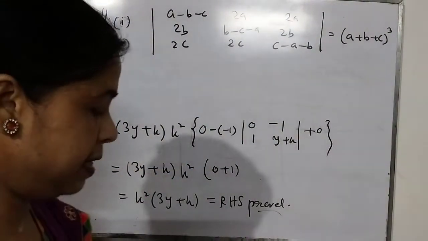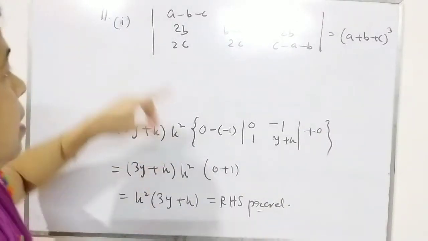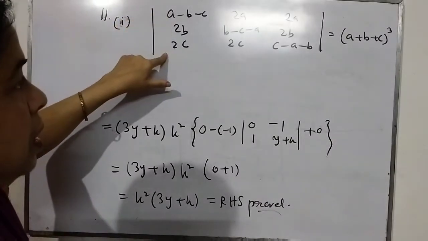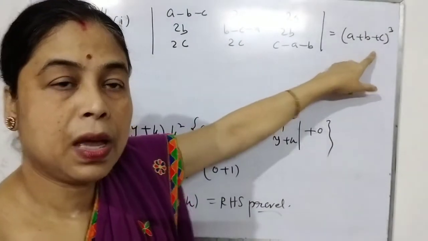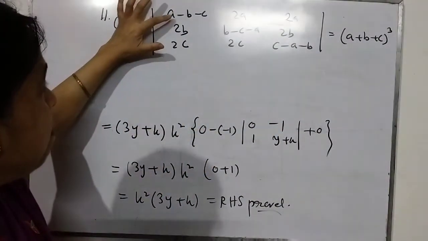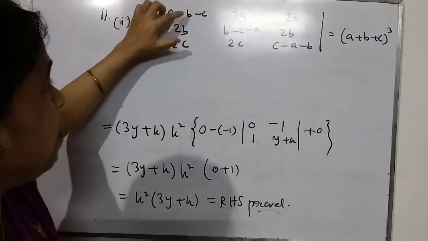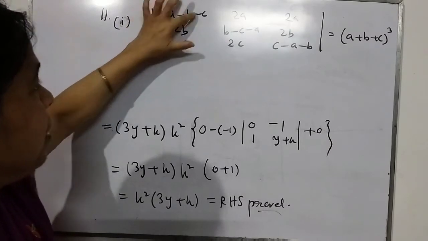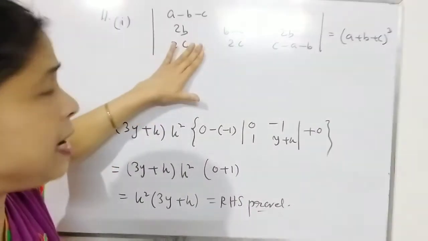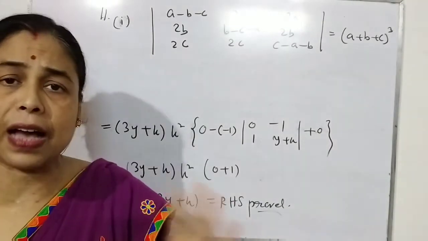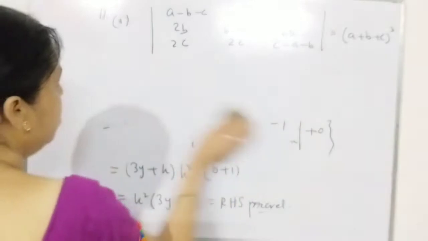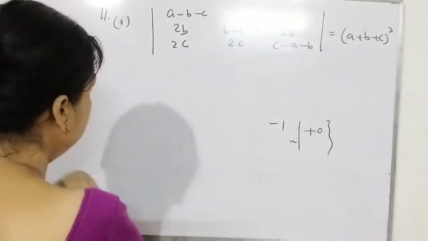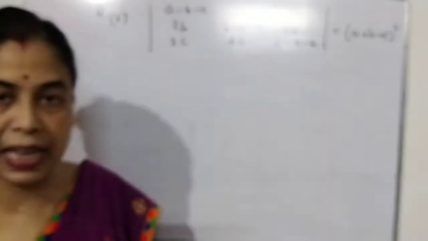So see your left hand side. If you add the elements of the rows, adding the columns will not help you because I need A plus B plus C. Adding the elements of the row, A minus B minus C plus 2B will give you plus B, again plus 2C will give you plus C. Just one element, always you notice only one element, rest will come easily. Okay, don't have to think about the others. The remaining elements will come easily if you adjust one of them, in most cases.